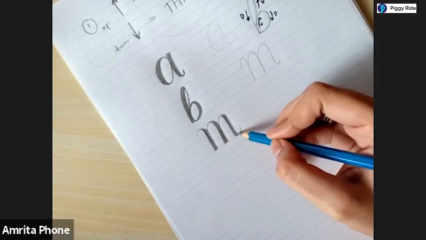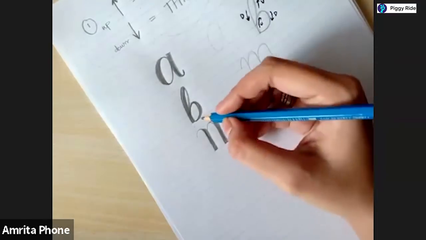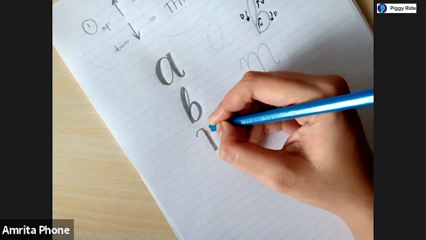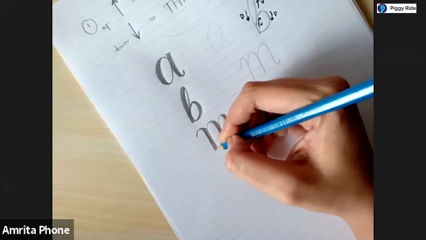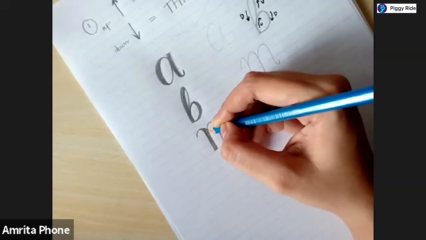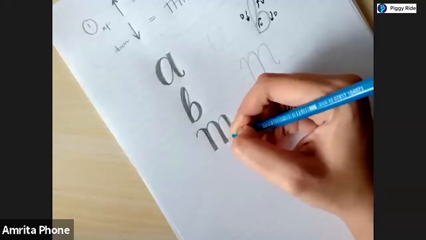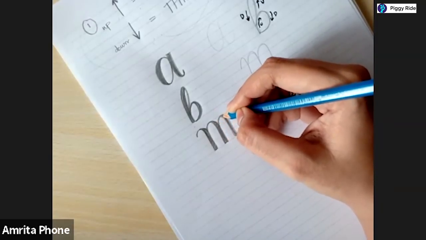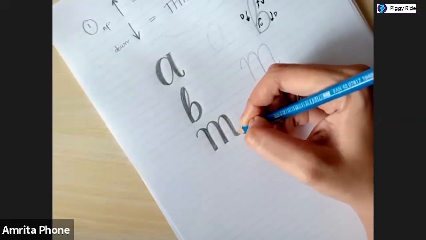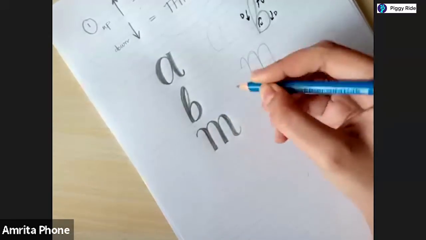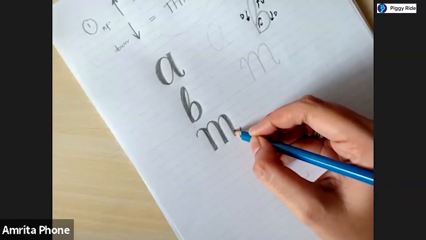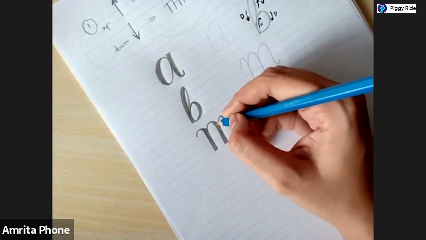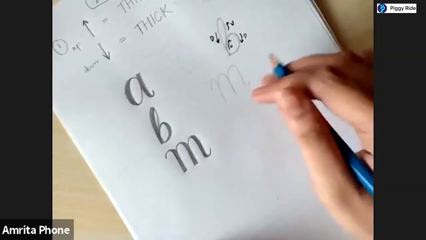Final, this last small stroke here. What do we do with this? Now as a final step, I will clean it up. I will make sure all these transitions where it's going from thin to thick or thick to thin, I will make sure they're all very smooth. So it looks like I've made it all with one tool in a single stroke only. I'm coloring it in. I'm cleaning it up. And that is my M.